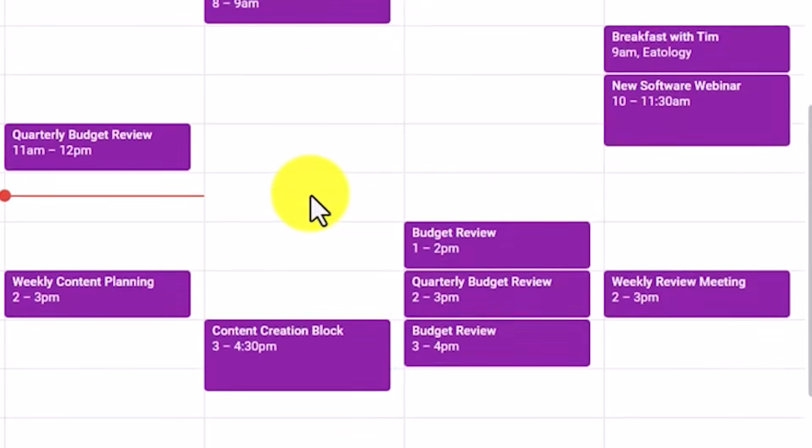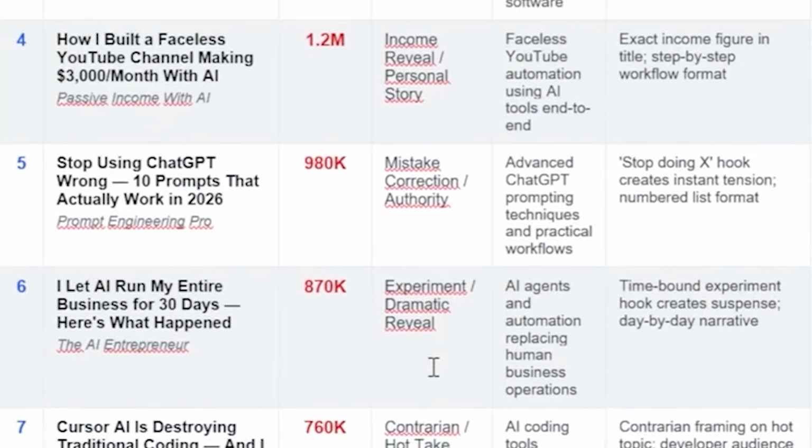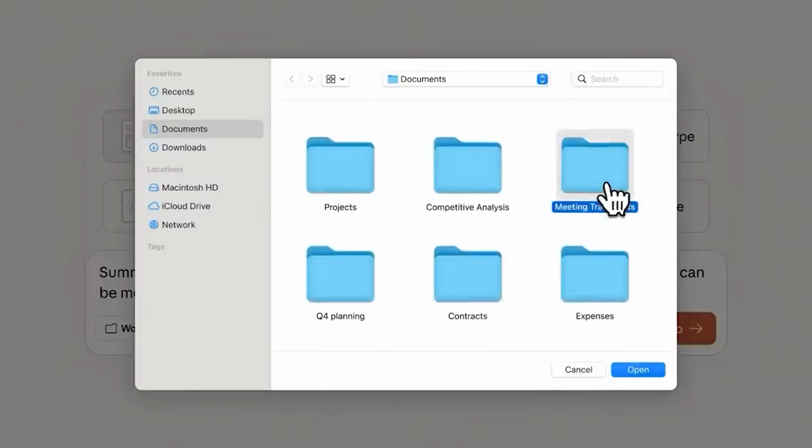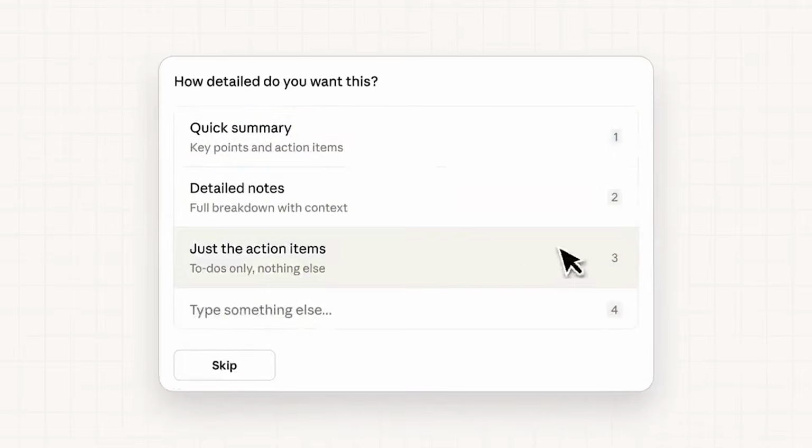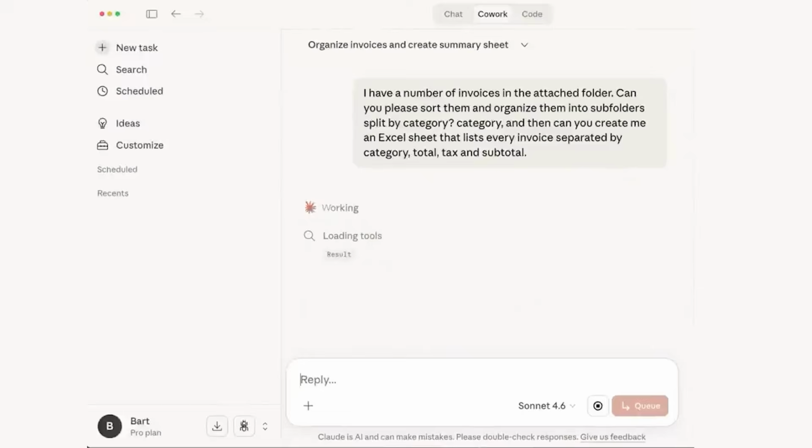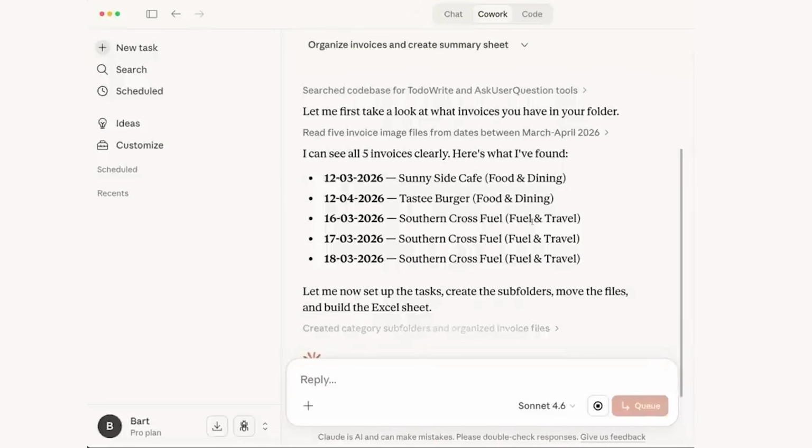Start with anything that repeats. Instead of checking your calendar, emails, and deadlines separately every Monday, create one task that pulls everything into a single document. So your week is already organized. If you create content regularly, schedule a weekly task that analyzes your performance and